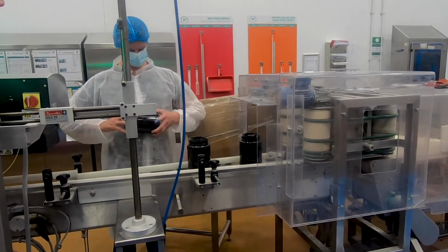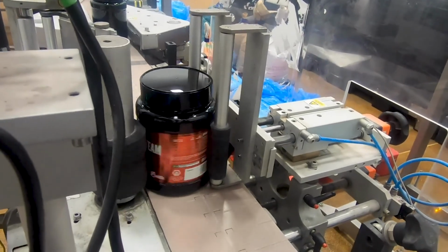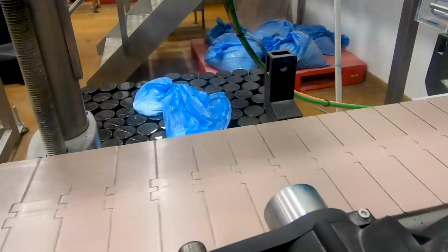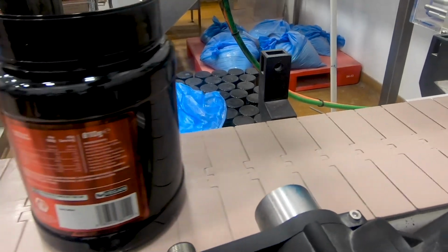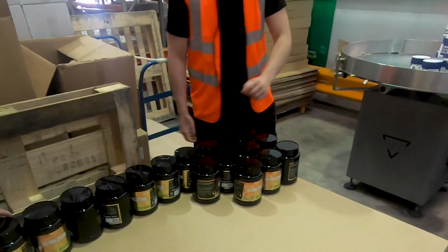Then from there, if any metal is detected, it's pushed off the line as a reject. Same with the check weigher, if it's under or overweight by a set tolerance, that's then pushed away. Then it goes further down the line where a lid is applied. Continues down the line into the labeler. Finally, it's inkjetted with the best before date and the batch number, and then at the end of the line,